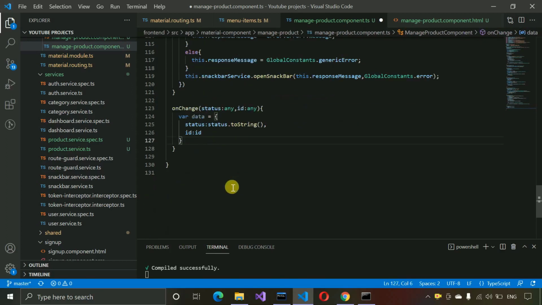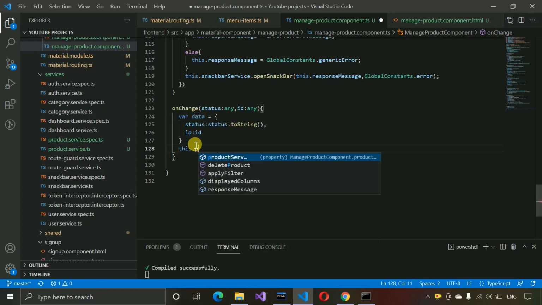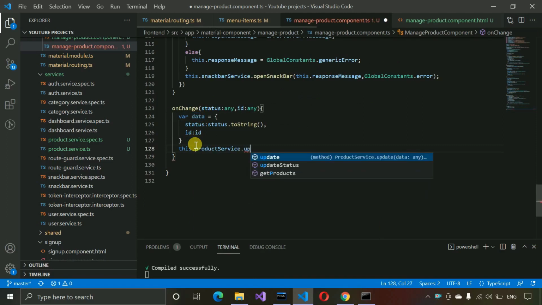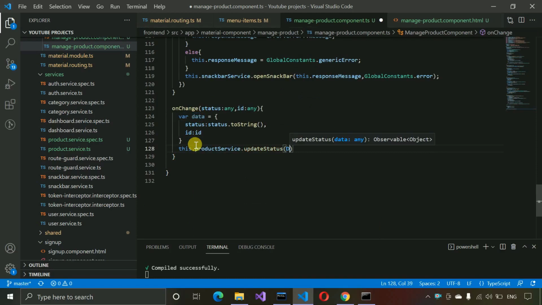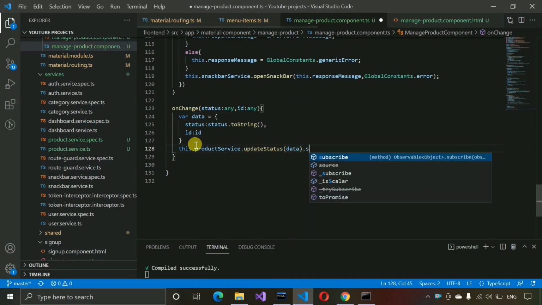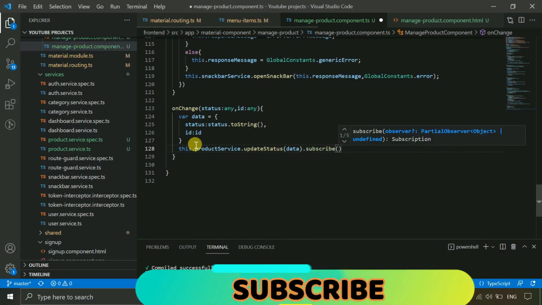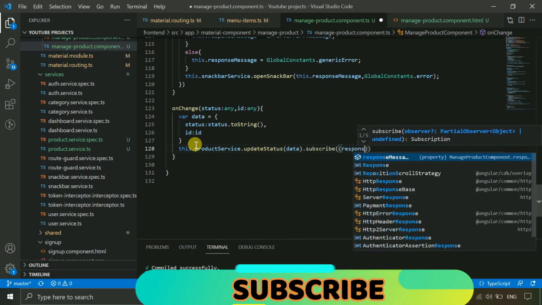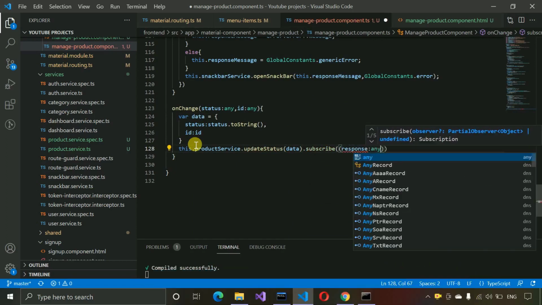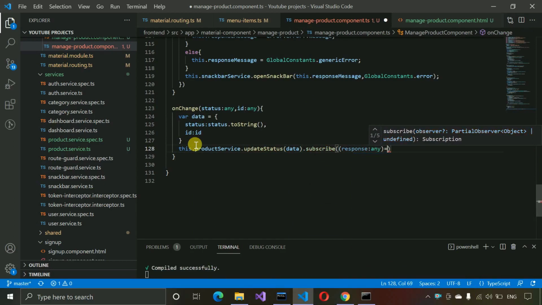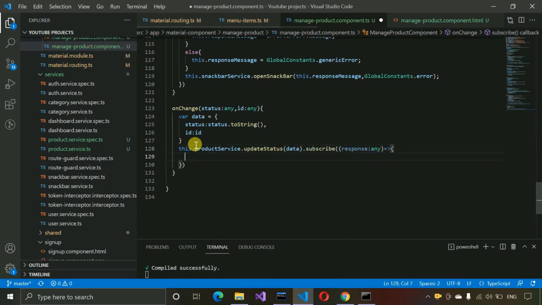So data has been ready, so we have to just pass this one. So this dot product service dot update status, and in this we just need to pass the data dot subscribe, and here we need to write response any, and here we need to just write ng service dot stop